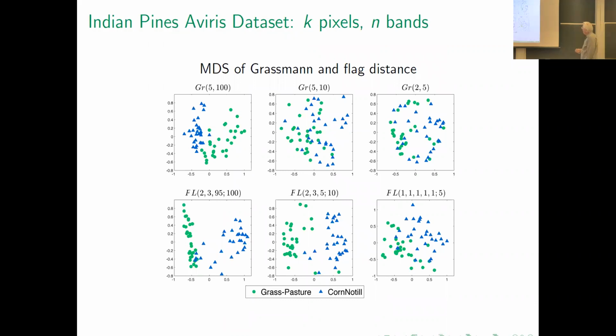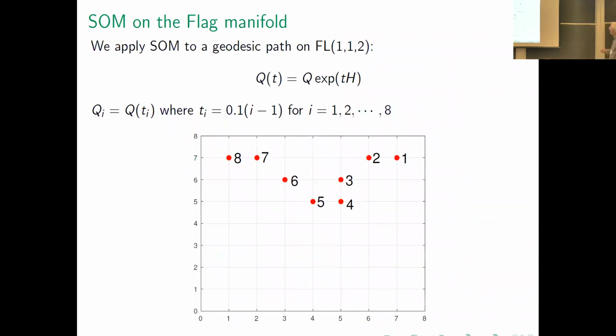You can see that there's all kinds of games one can play now. Grassmannian 5-100 works well, but if I do Grassmannian 2-5, and I do the normal MDS embedding of this type of thing, I go from somewhat separated to not separated. But look at the flag. The flag in GR2395, okay, don't ask me why we picked those. We just picked them for demonstration. You can see that the flag gives us opportunities to separate data. This is an example of this trajectory that we found in a high dimensional space on a flag manifold.